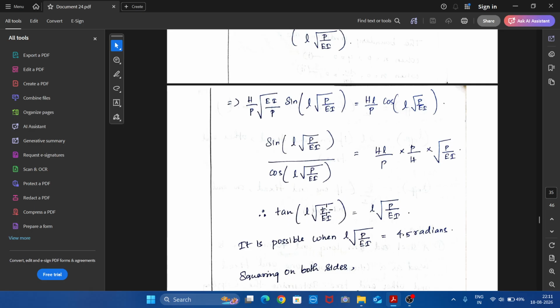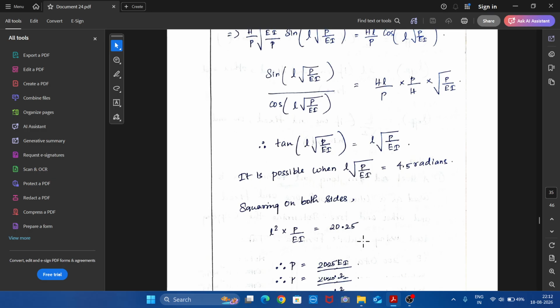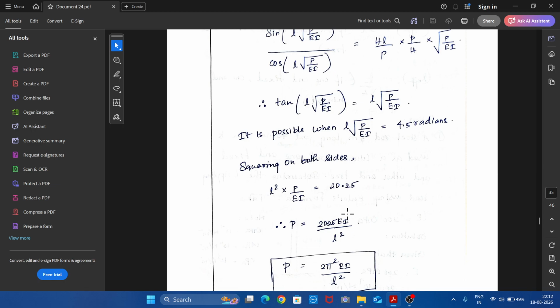And this is a very small value. 4.5 radians means in terms of degree 4.5 into pi by 180. So if this is that value, then tan theta will be equal to theta. So this value should be equal to 4.5 radians. So squaring on both sides, you'll be getting L squared p by ei equal to 4.5 squared, which will be 20.25. Therefore, p will be equal to 20.25 ei by L squared,